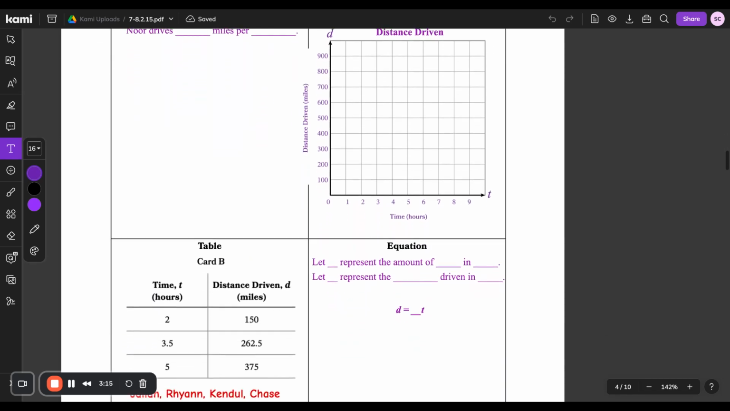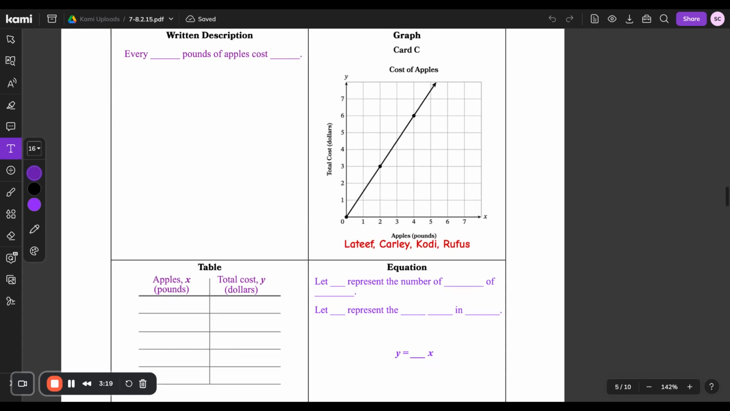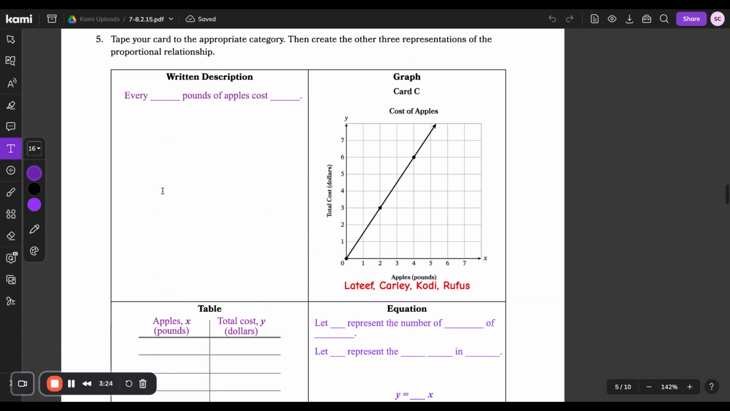If you were card B, you're going to be on this page here. If you are card C, you'd be on this page, and so on. You are going to make sure that you fill in your written description, filling in the blank. If you don't have the graph, filling in the graph. Make sure you label your x-axis, your y-axis, have a title for your graph, and then plotting your points and